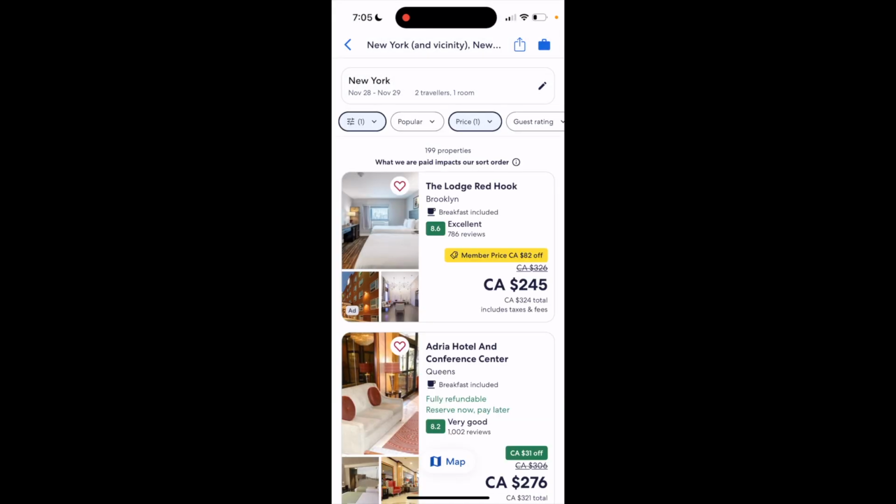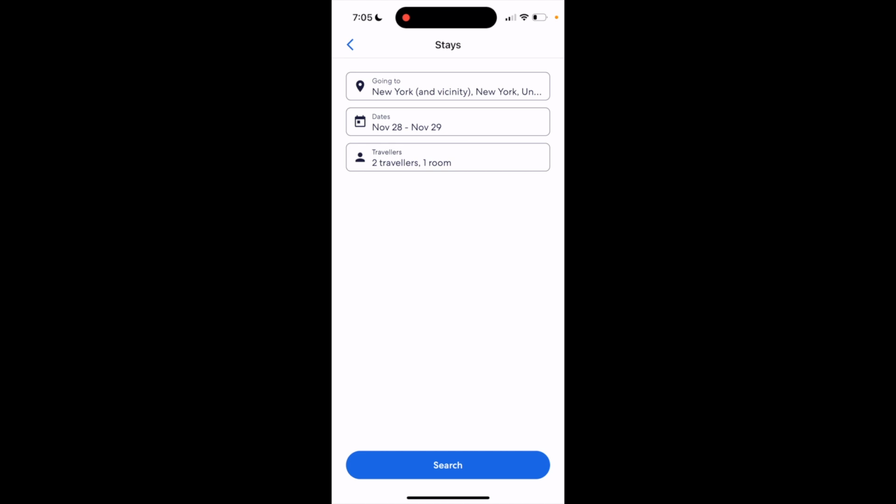Now what the searches are going to be looking for are options that fit the price points that you edited on the price filter. So super simple, super straightforward, but this is how to edit the price per night filter